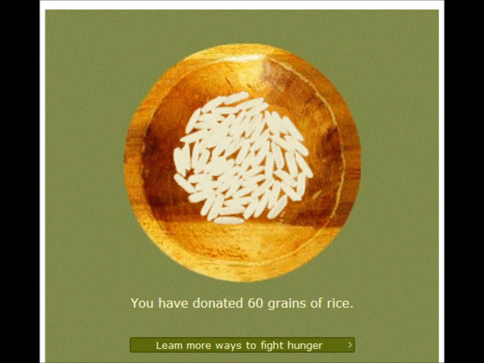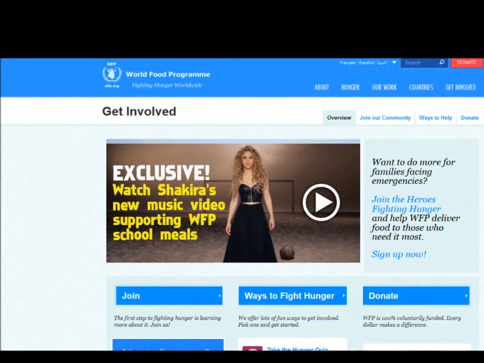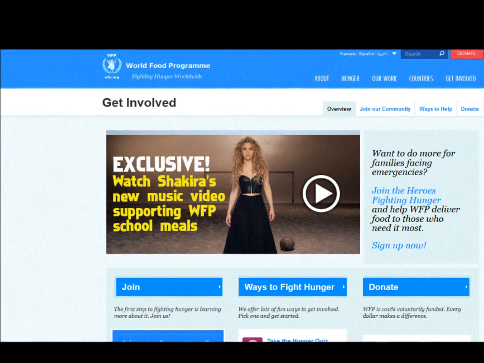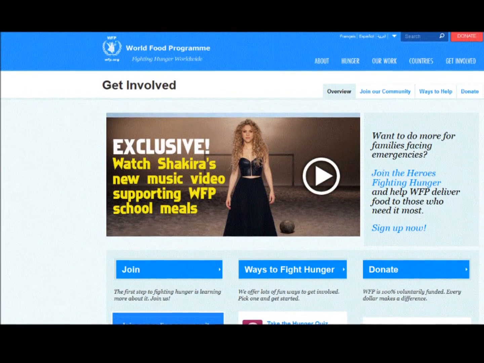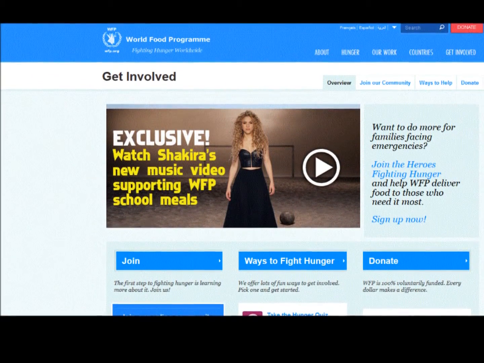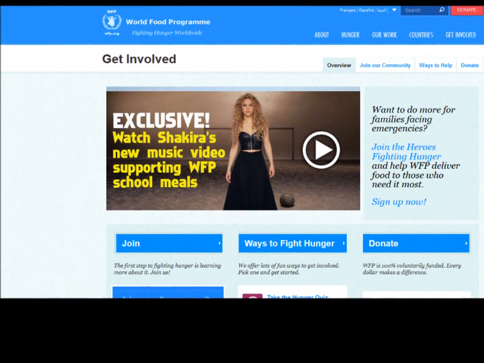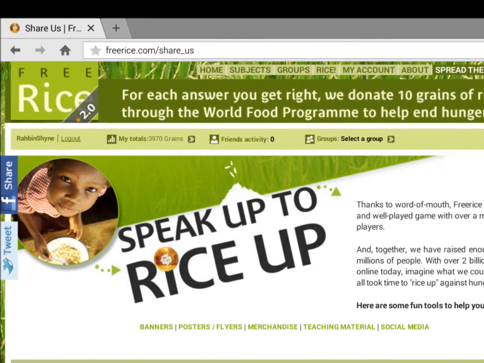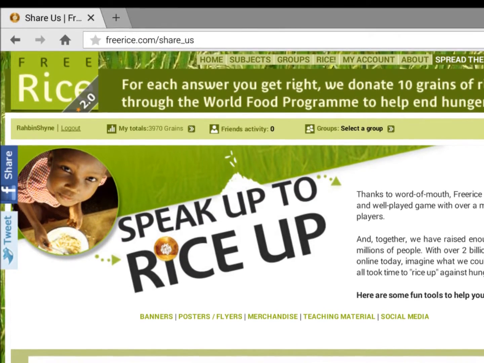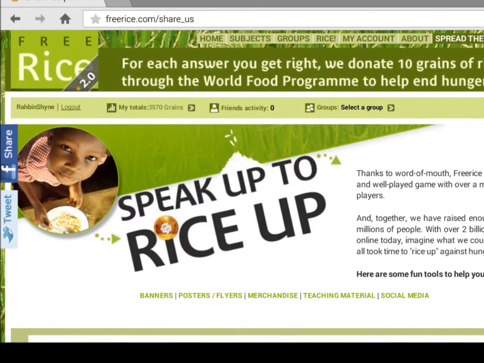And just as all of the activities in the compassion games, it's not just about the actions taken during the games. It's about learning ways to be compassionate from here on out, new ways and old ways, and taking those actions. You'll also find freerice.com has posters, flyers, they have teaching material, and if you want to promote this on social media, if that's an option for you, you can do that as well.